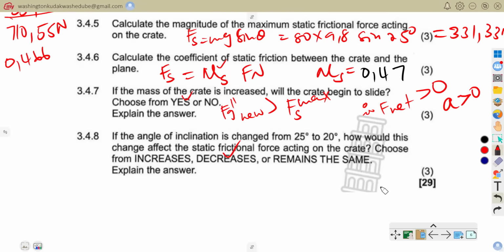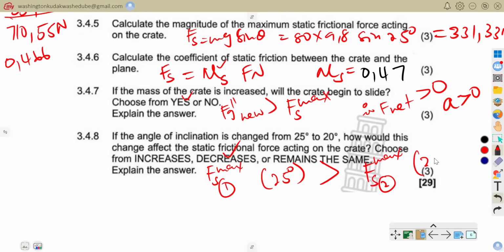You could calculate your first static frictional force, which is the initial one using 25 degrees. And then you see that this would be greater than the static frictional force 2, which is when you are using 20 degrees. And then you can give a conclusion using these calculations. Or else you can say that it will decrease